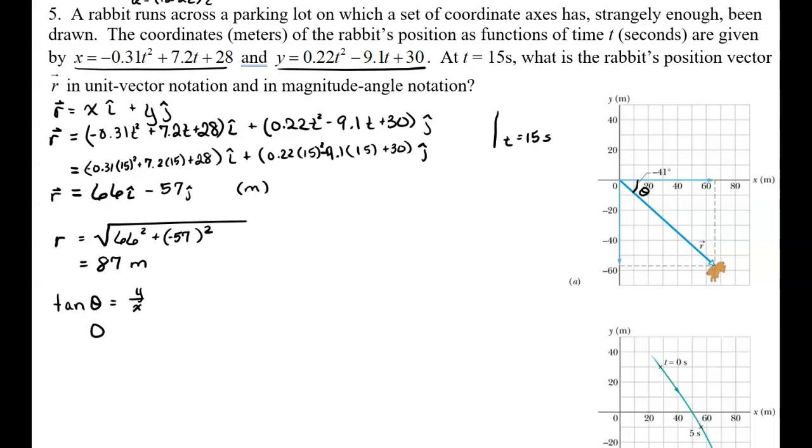So to find my angle theta, I'm going to need to use tangent inverse. That is second button on your calculator. My y is negative 57. My x is 66. So that's going to give me, again, rounded to the nearest whole number, about negative 41